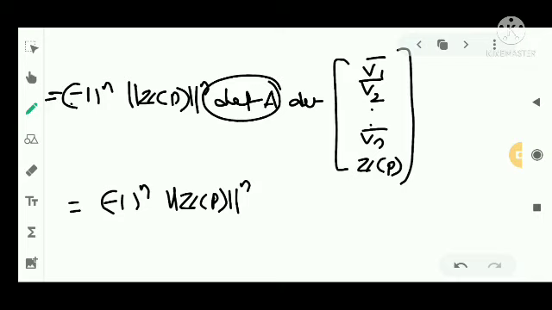Determinant of A means A is the matrix corresponding to the Weingarten map LP. So determinant of A means determinant of Weingarten map, that is the Gauss-Kronecker curvature K of P into determinant of